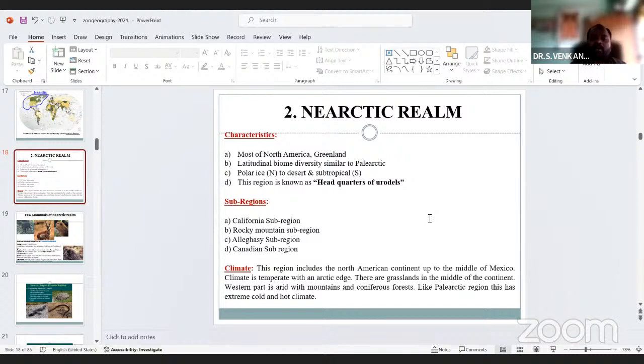The sub-regions are four: the California subregion, Rocky Mountain subregion, Allegheny subregion, and Canadian subregion.